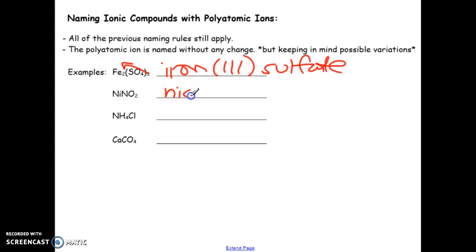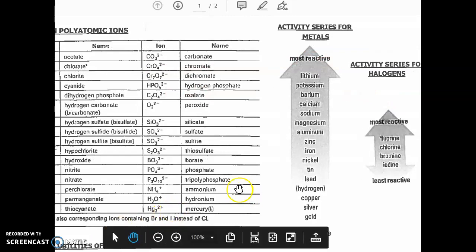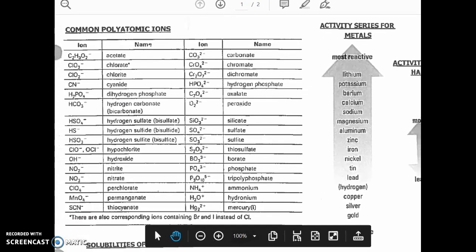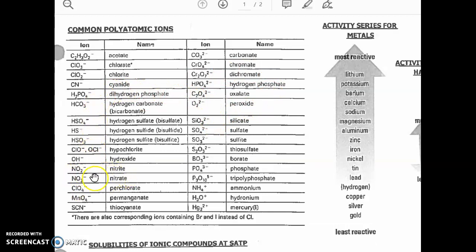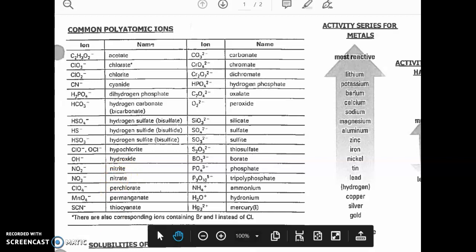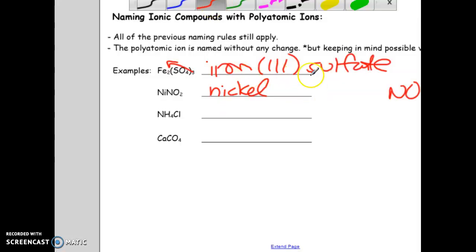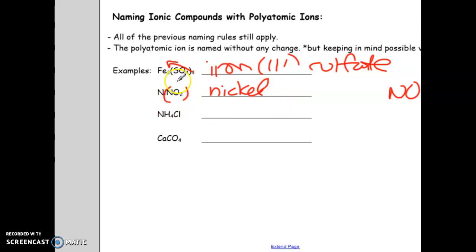Okay, so for the next one, we have nickel. Nickel is a transition metal, and we have NO2. So if you look on your table here, NO2 is a variant of nitrate. And we just so happen to be lucky enough that nitrite is directly on here. So one less oxygen, the ending goes from ate to ite. So over here, we're going to say nickel, and pardon me, we have to put the Roman numeral. Nitrite has the same charge as nitrate, which is -1. So because there are no numbers here, this must be nickel 1